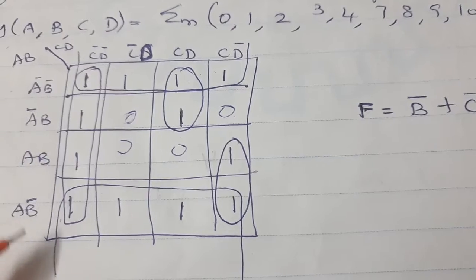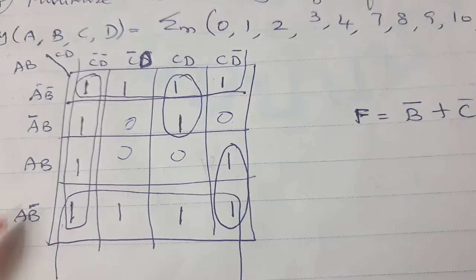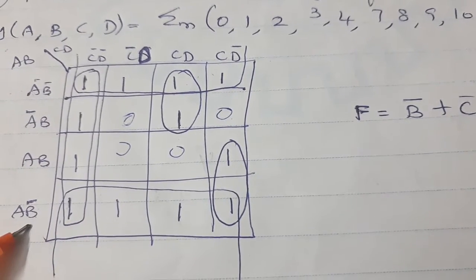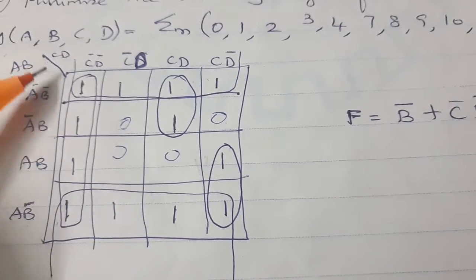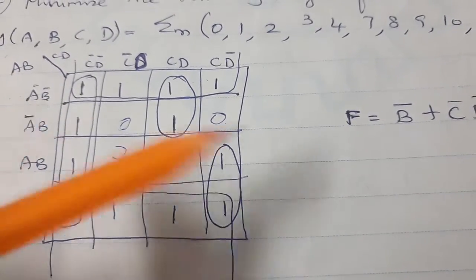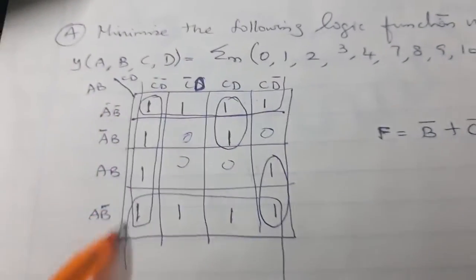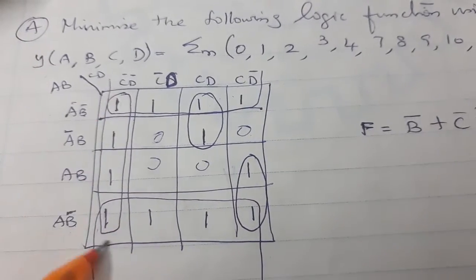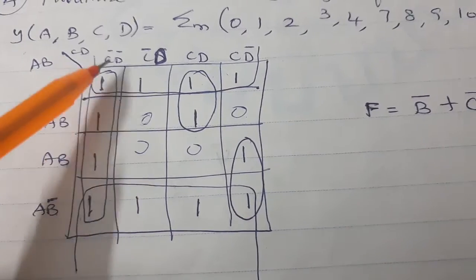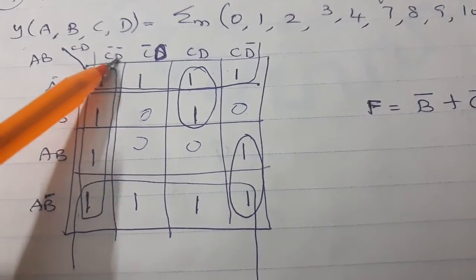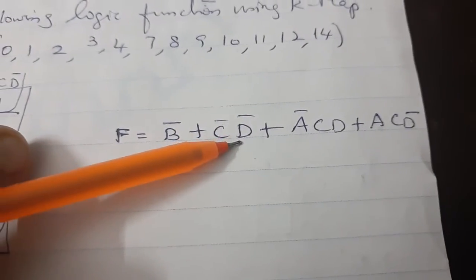Whereas if you look at this one, this row is folded with this row. Which is the common value here? B bar is common. Therefore, folding this row with this row, the equation value is B bar. Next you come around, and these 4 ones you can combine. All are changeable, so you can write only the column, C bar D bar. So the second equation is C bar D bar.